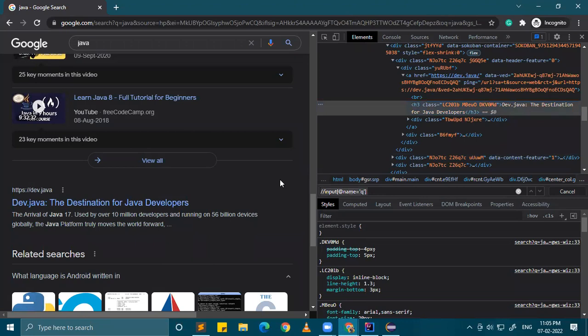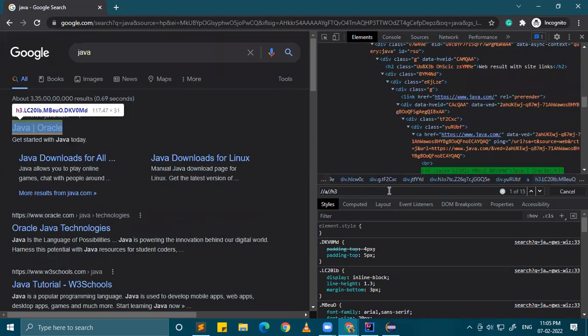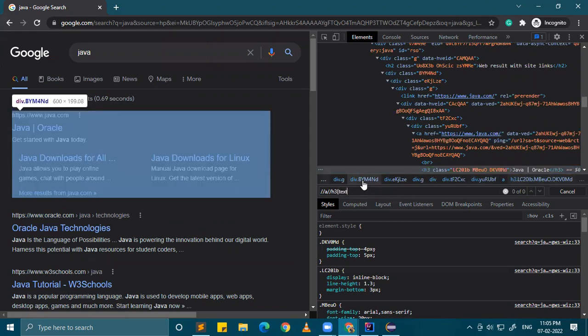So you can join multiple XPath. You can use multiple XPath to create the single XPath. I think Priya, you were saying in this manner, like @A, following h3 is equal to